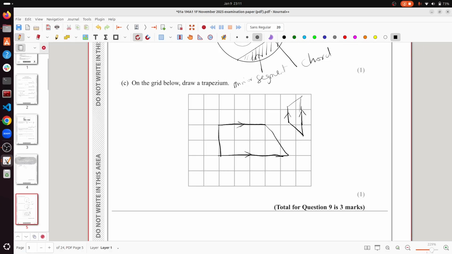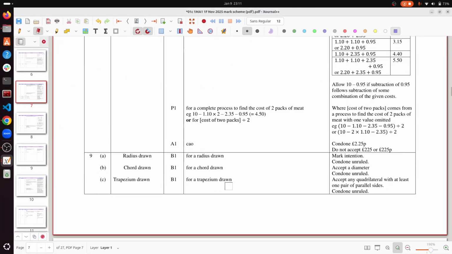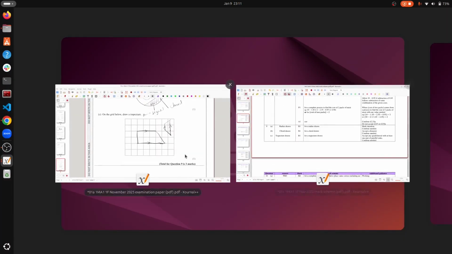So let's quickly look at what the examiner was looking for. For a trapezium drawn, accept any quadrilateral with at least one pair of parallel sides. So any quadrilateral, any four-sided shape with at least one pair of parallel sides will be acceptable. So next one,